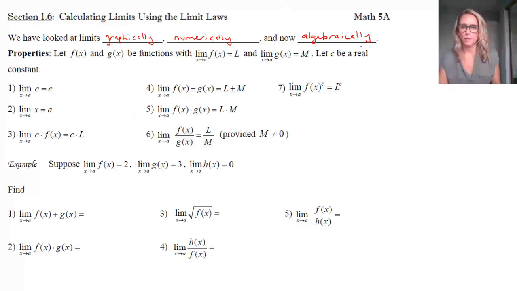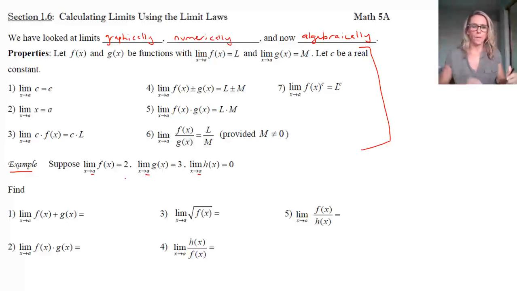So these properties I talked about in the beginning of the video, I showed some examples of that, but we'll use them for this. So I do think at this point it would be a really good idea. We have 3 functions. We just have this value a. We don't know what a is. It doesn't matter. We're just given 3 functions. We're told what the limits are for those 3 functions as x approaches this a. And what I want you to do is just take a moment, please pause this and see if you can come up with the answers using the limit laws from above, and then unpause it and see if you got them right. Okay, go.